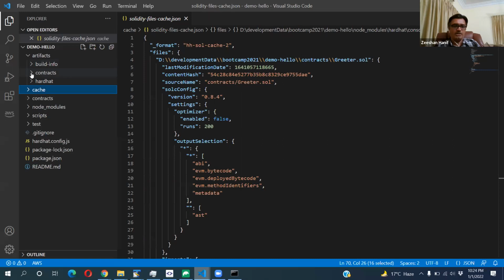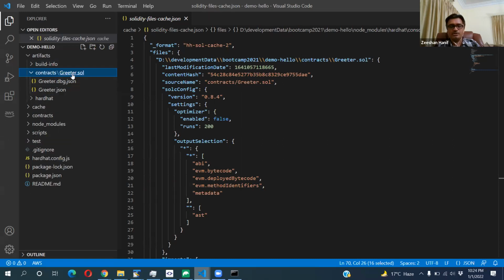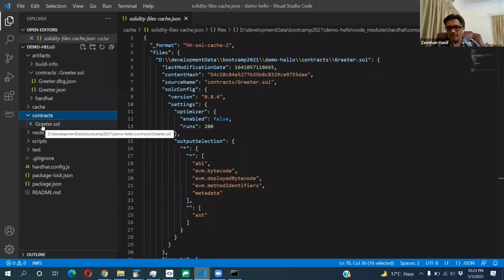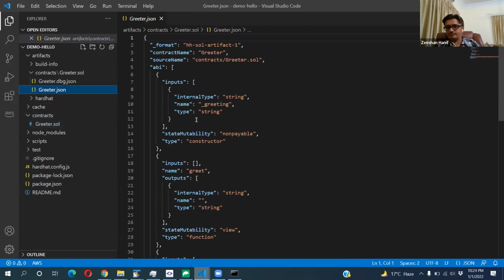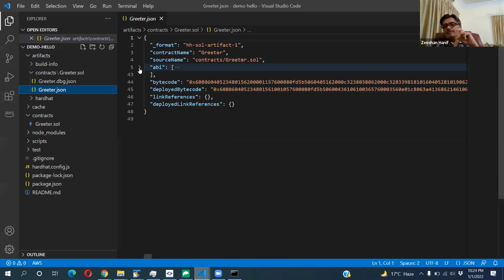Another one is the contracts folder, in which we have Greeter.sol. For Greeter.sol we have a Greeter.json file, and in the Greeter.json file we have the ABI. In this ABI is mentioned whatever our contract has.